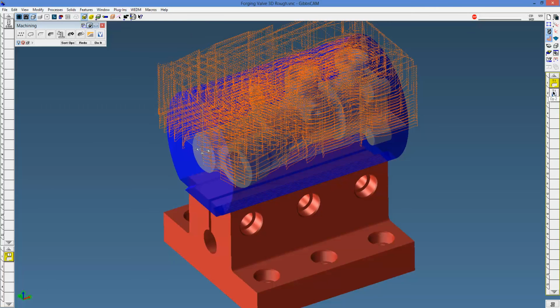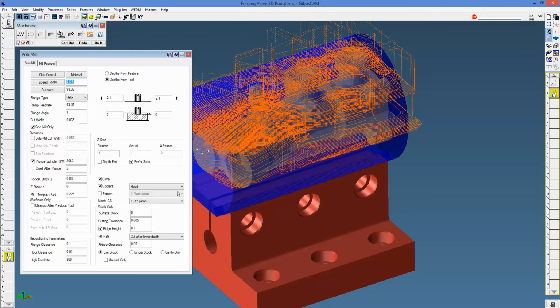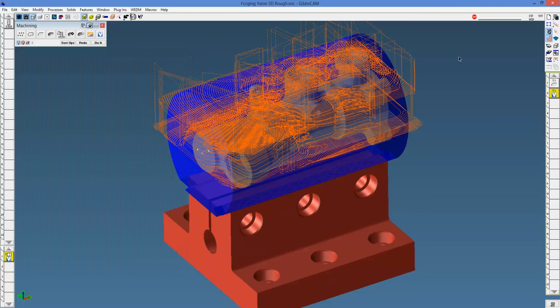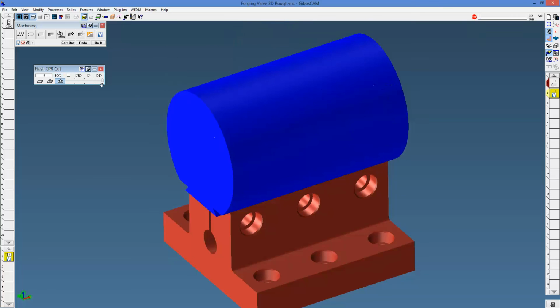In VoluMill, you take a different approach. So open this up. You go and specify a ridge height. So I've got ridge height clicked on, and I say 0.1. Notice I say cut after lower depth. So what it will do, we'll see here when I run this, let me rewind that and slow it down a bit,